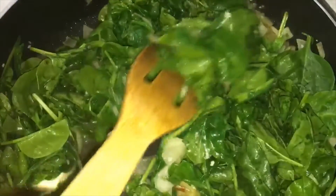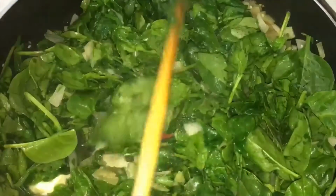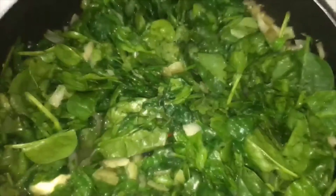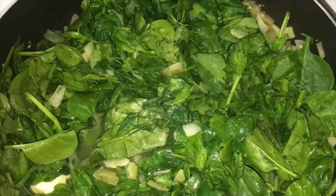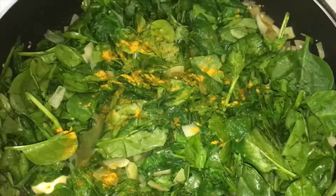And now I'm going to add in the spices that I'll be using, which is curry, and some ground ginger,